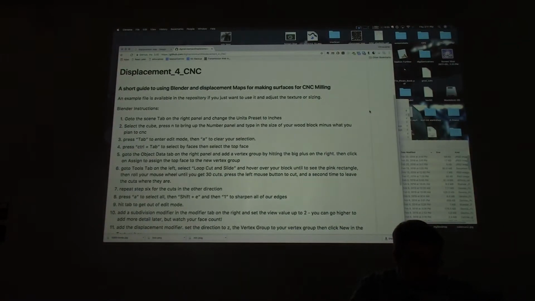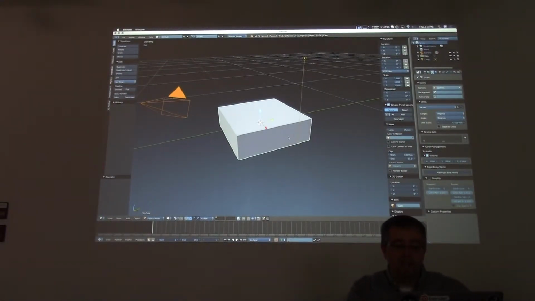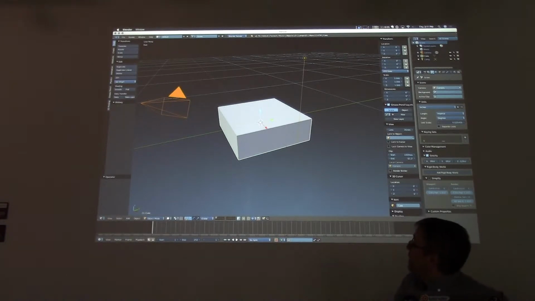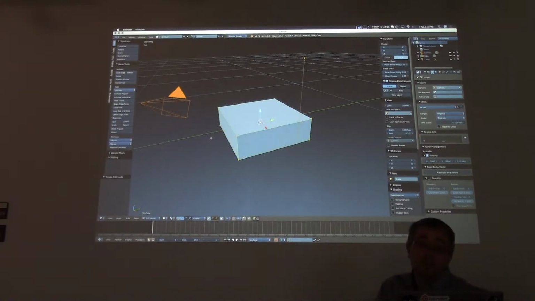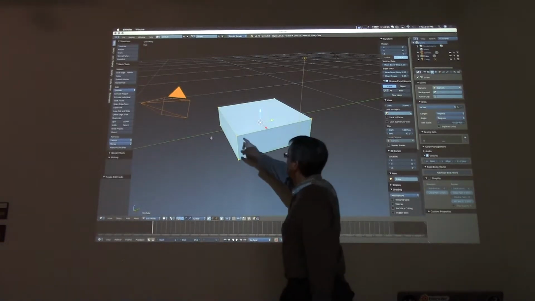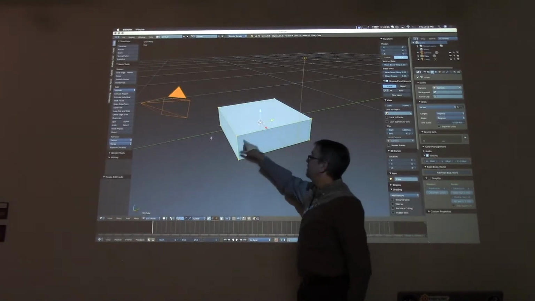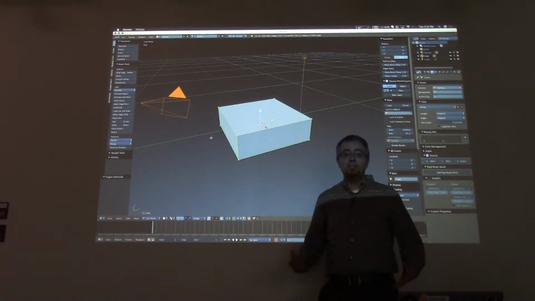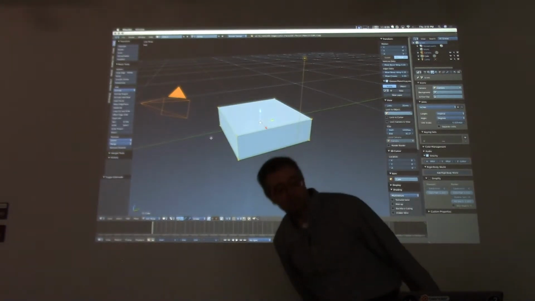So the next thing that I want to do is we're going to go in and edit this. We can do this two ways. There's a button here that switches from object mode to edit mode to sculpt mode to all these other things. So we can select edit mode here, or we can just hit the tab button. As long as we've got an object selected, it will tab into edit mode. You know you're in edit mode because I can see the colors for all the vertices and all the edges and all the faces. As a default, when we have a new object,